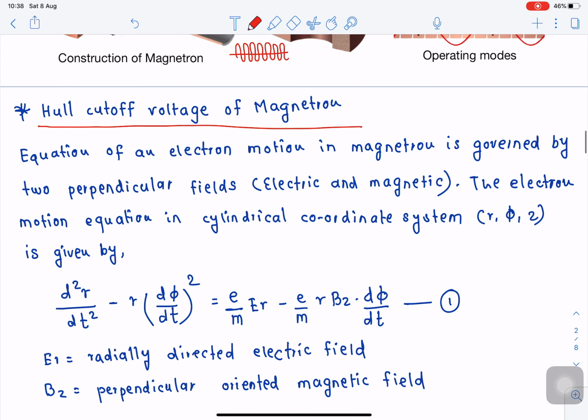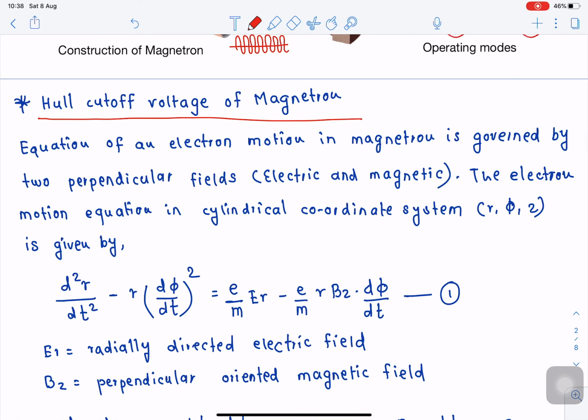So we will have a short derivation, using the equation of the electron motion, in order to find that particular condition of cutoff voltage. Please again remember that we can establish this condition of cutoff voltage either in the form of an electric field or in the form of a magnetic field. And both these conditions are known popularly as the expression for Hull cutoff voltage in the magnetron tube, right? So let us go through this particular derivation.